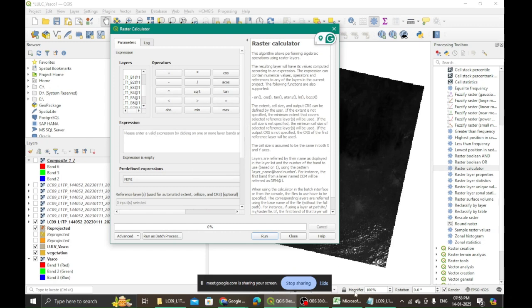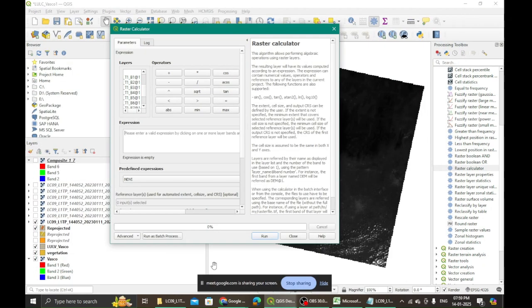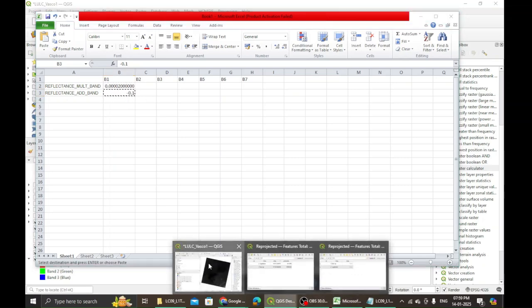So what do we need first? We need this value, right? I copy this, bring it here, paste it here, go back and then use this multiplication sign. Multiply it with what? Multiply it with my band. Which band is it? Band 1. I am doing it for band 1. Let me copy this also now that I have come here.